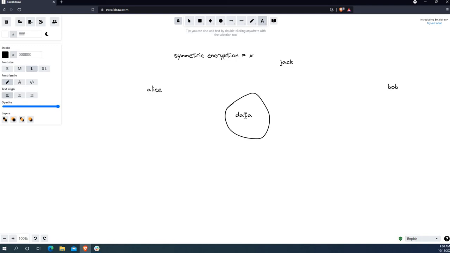Alice will use encryption, and in this case symmetric encryption, where both Alice and Bob have the same key, the symmetric encryption key X. So what Alice will do is encrypt the data,